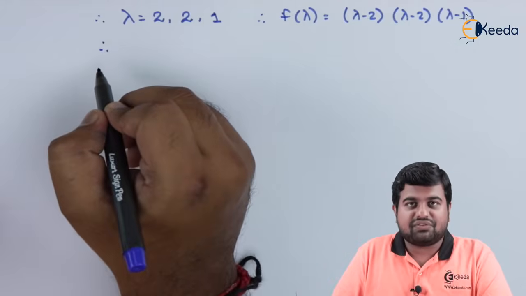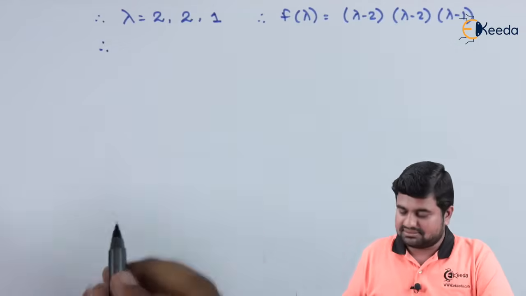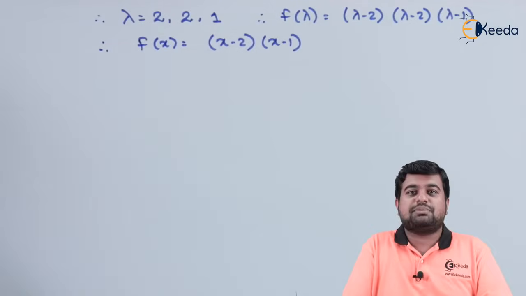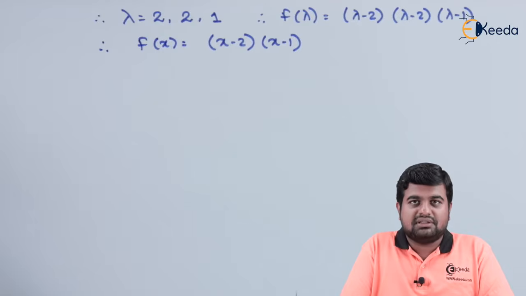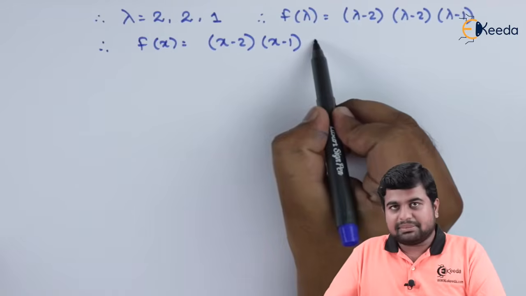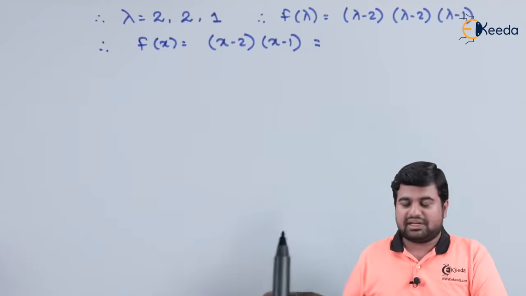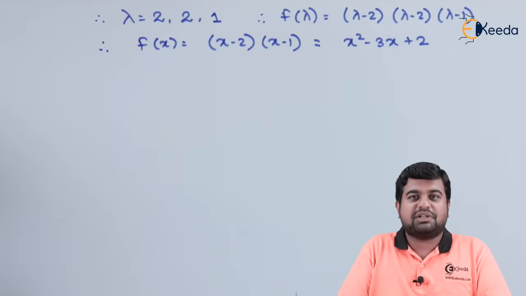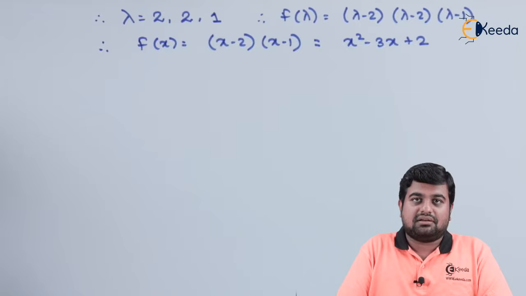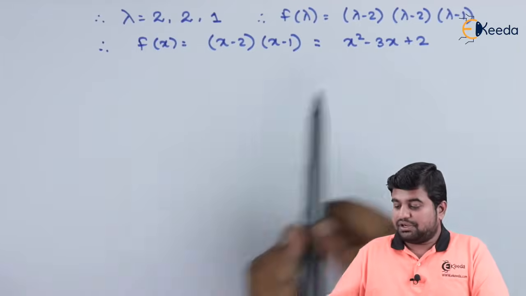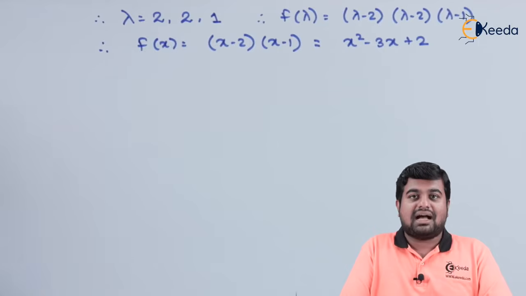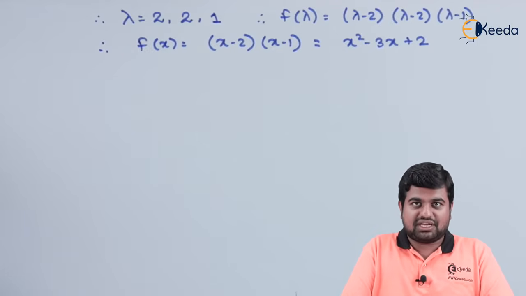Therefore, in terms of x, I am going to write it like this: x minus 2 into x minus 1. Now let us multiply this and I am going to get x square minus 3x plus 2. Now let us check whether this particular equation annihilates A or not. That means I am going to replace x by matrix A and check whether